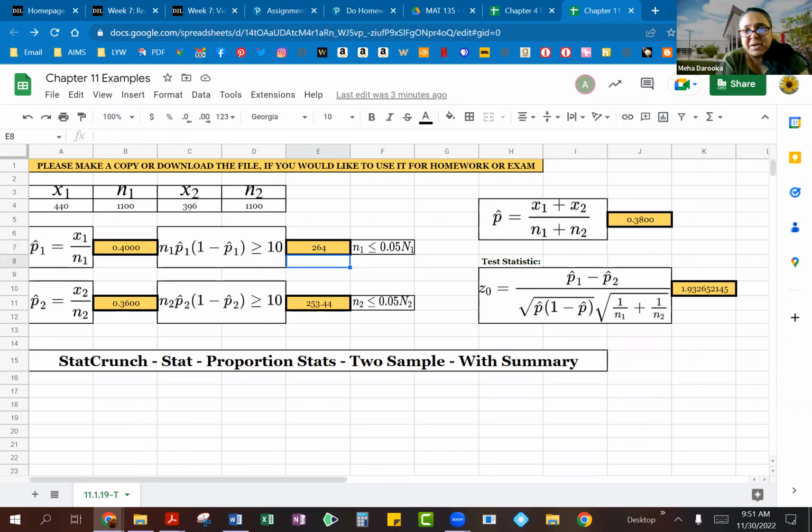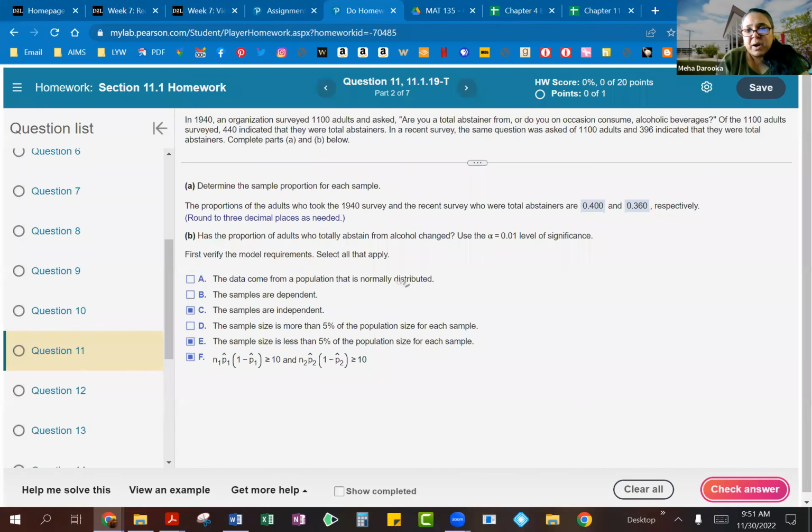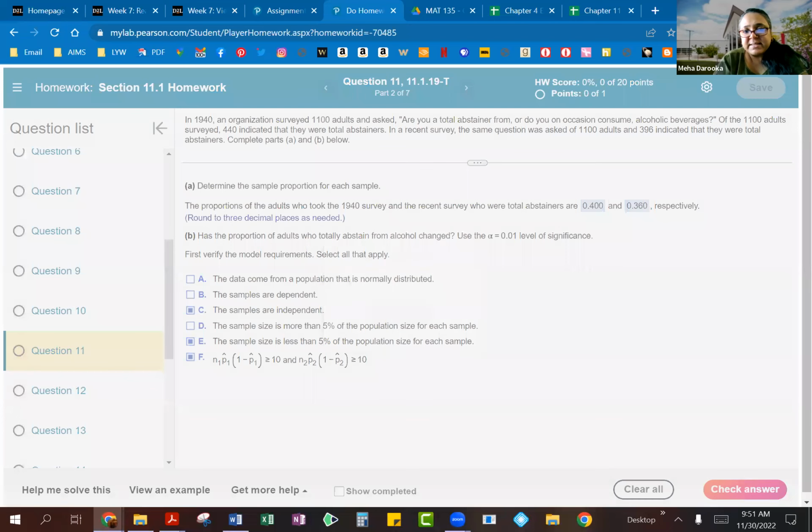And you can see that number came out to be 264. Definitely larger than 10. Same thing for the second sample. Again, we took our N2 value, multiplied it by P2, which was the 0.3600 number, and then the 1 minus P2. And of course, you can see this guy is also coming out to be larger than 10. That's 253.44. So you are meeting all those requirements, and we can go ahead and check this and say, okay, that